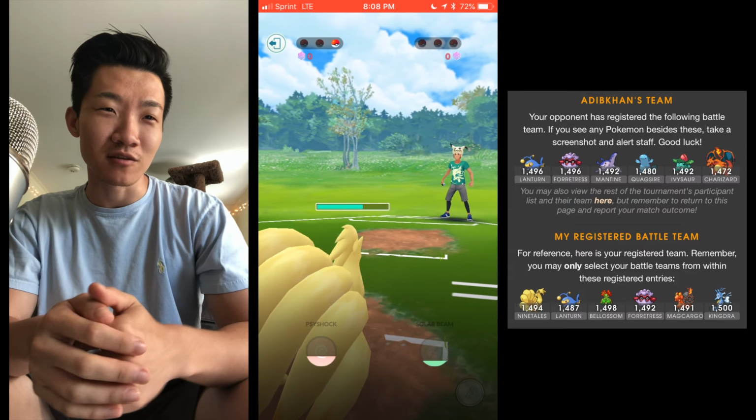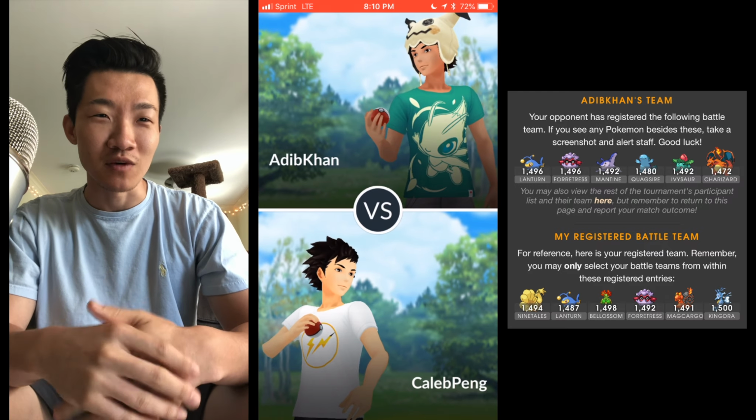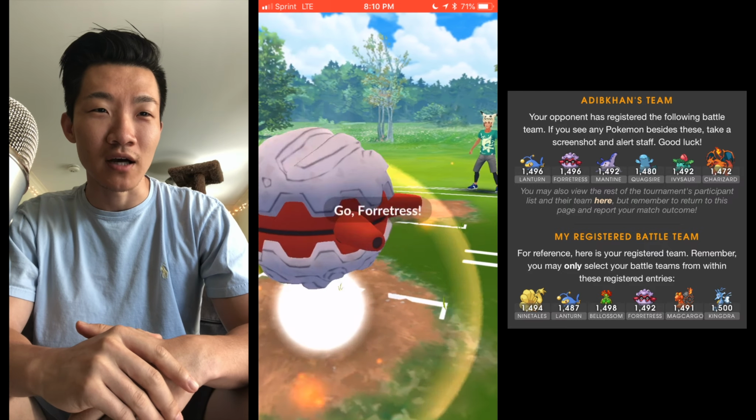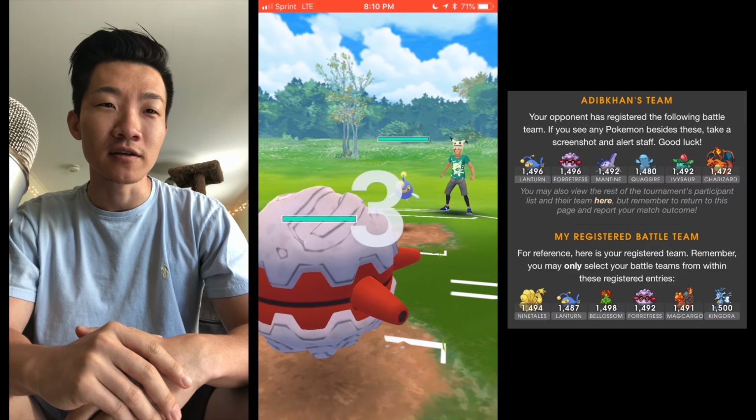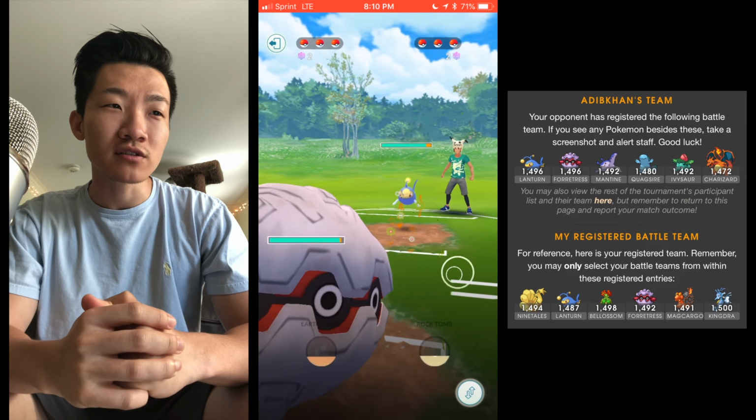And it was a little surprising to him because he saw my last video and how I had Flamethrower before. And so that was at the moment I told him that I decided to switch out my Ninetales for one with Solar Beam instead. So going into round 2, I open up with Fortress. So I have Fortress,